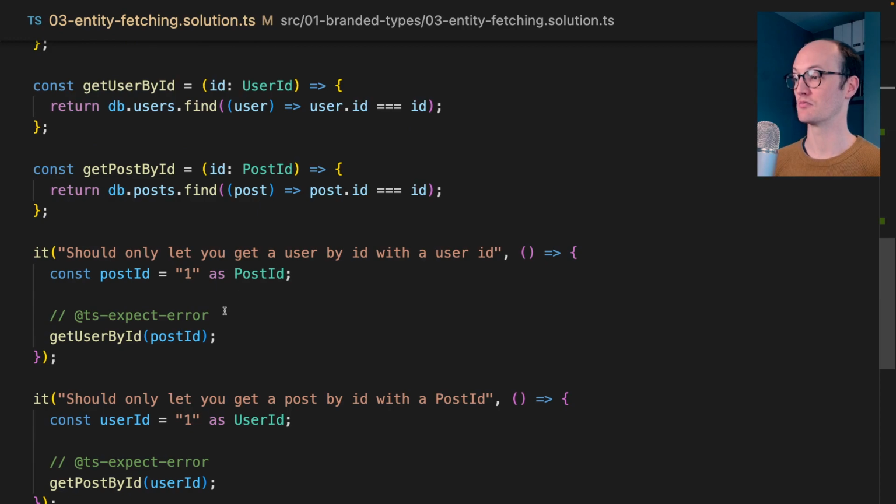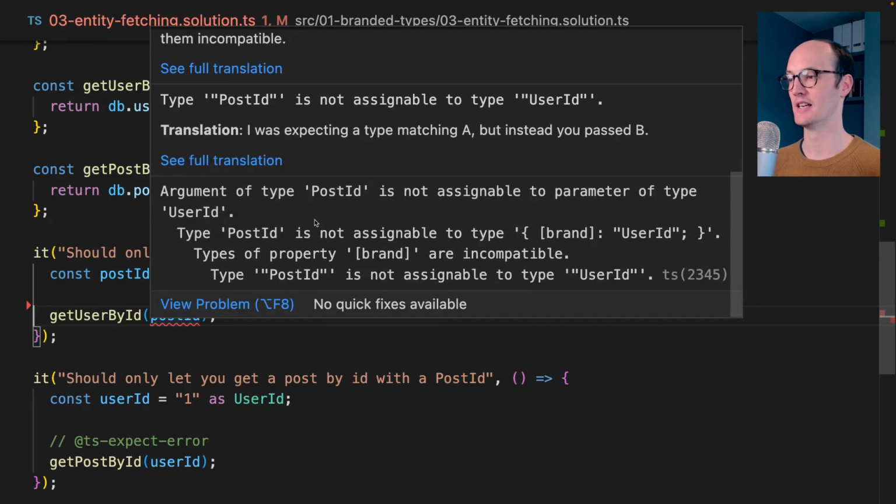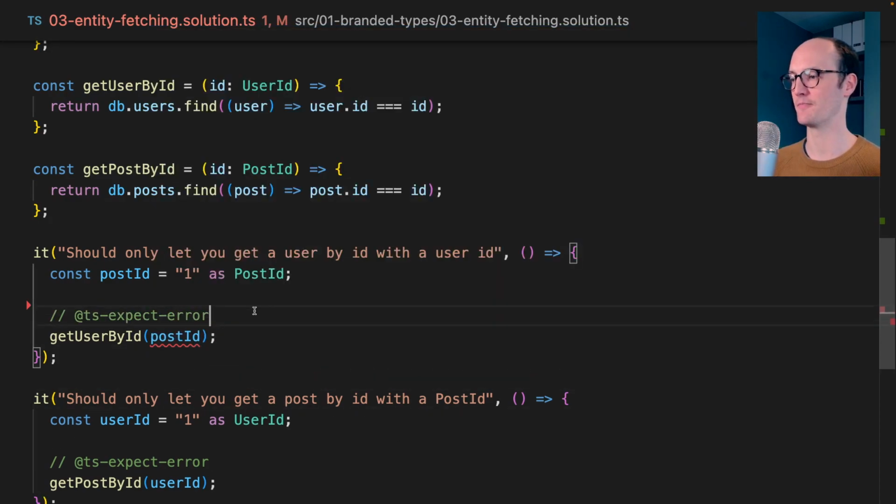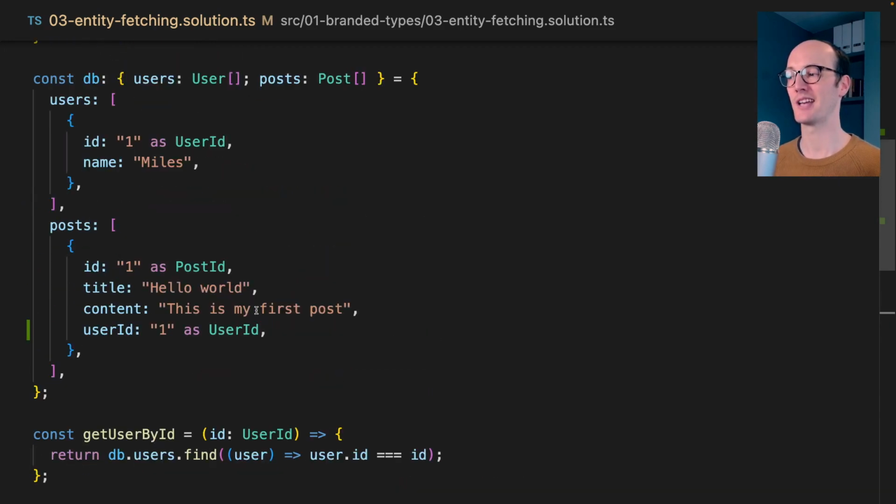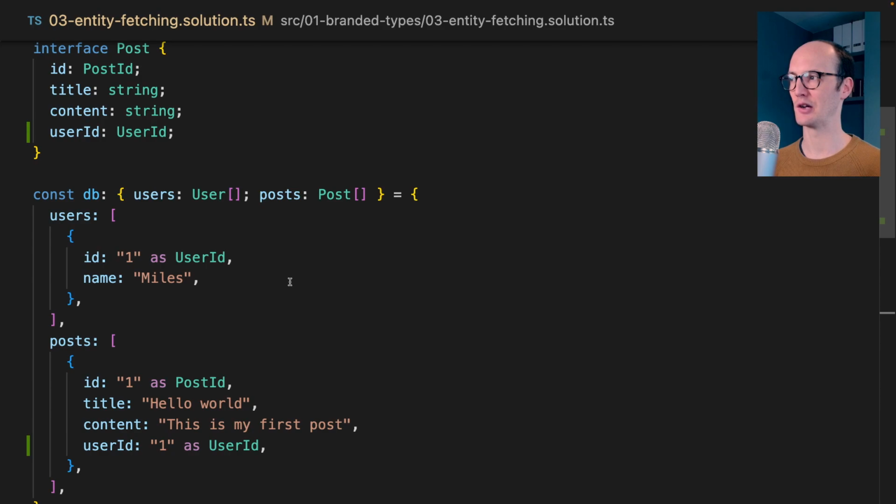Because now, of course, if we call it with the wrong thing, then we're going to get this really quite nice error here. So types of brand are incompatible, type postID is not assignable to type userID. You get really nice errors off this. So again, this is another application of branded types, and this should give you a good sense of what the